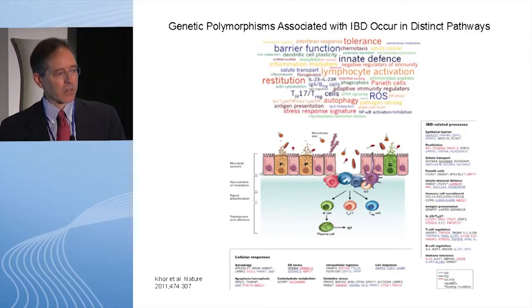So there were unfortunate headlines like this, and when we come down to it, it's really maybe at most 20 to 25% of the risk for IBD that is explained genetically. And that's probably even overdoing it. So even though we can categorize these different genes into important larger groups, I think that one of the components that came out of the genetic effort was really highlighting the importance of innate immunity.